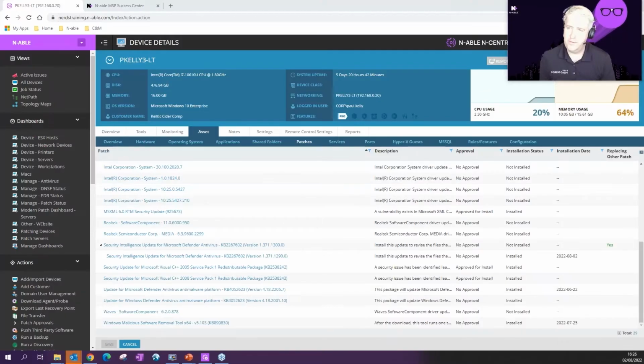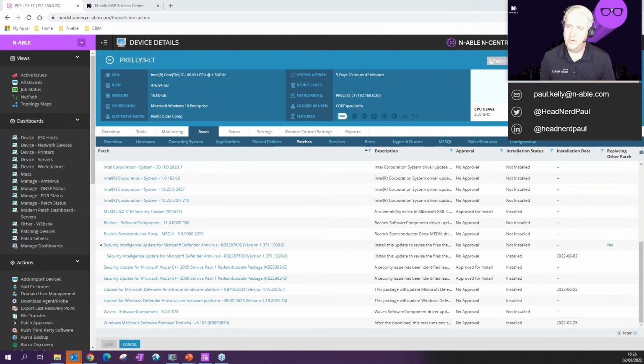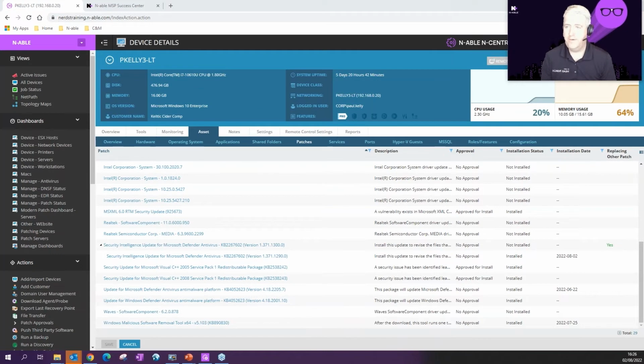To my knowledge, there's no direct connection between standalone Cove Data Protection and ConnectWise for billing at the moment. So what you would have to do is identify these devices within N-Central. You would have to build maybe a filter to identify these devices. So if you come into